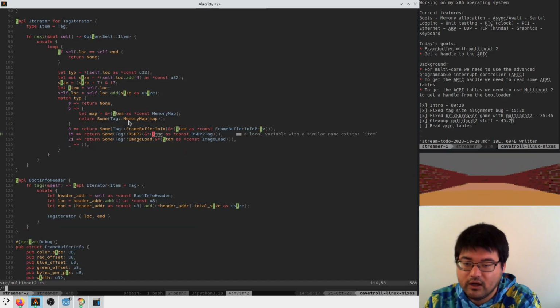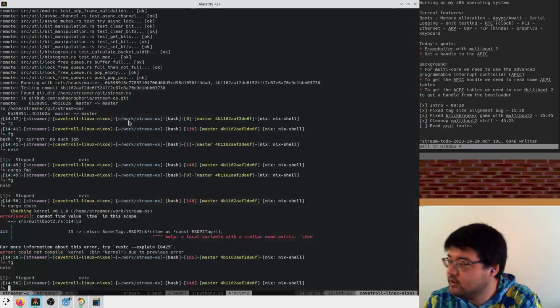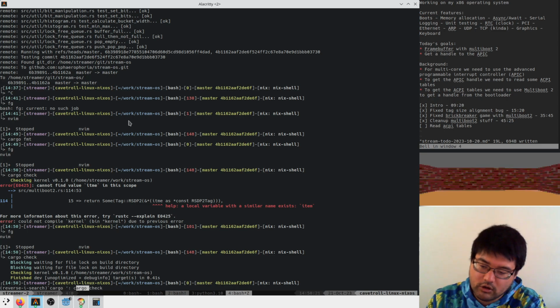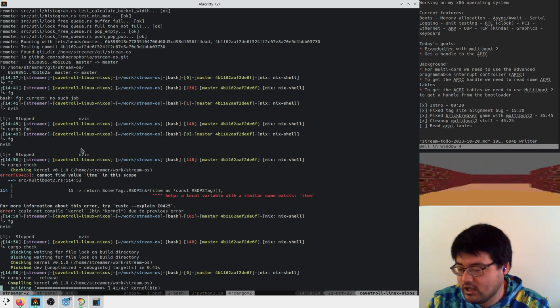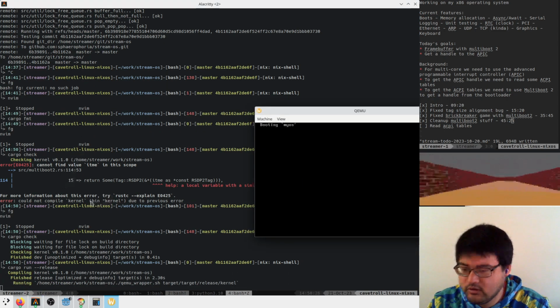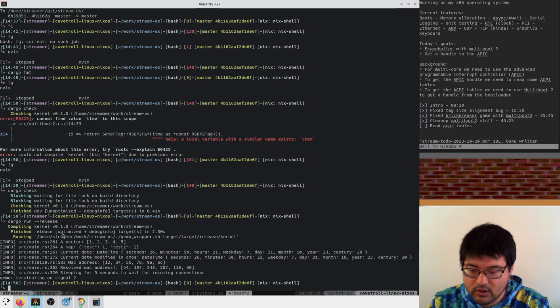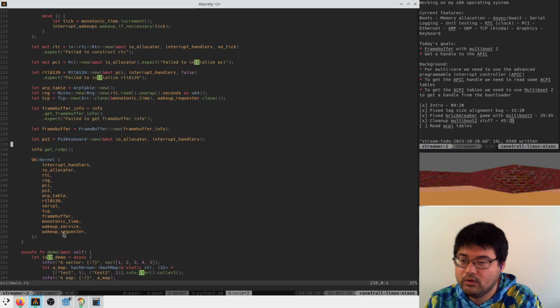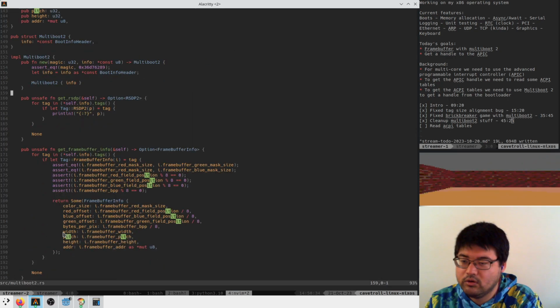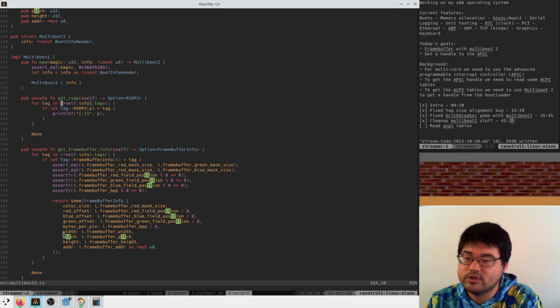Here we said itemy instead of item. Great. Cargo check. Cargo run. Do we get something interesting out of this? So he never printed it? That's weird.